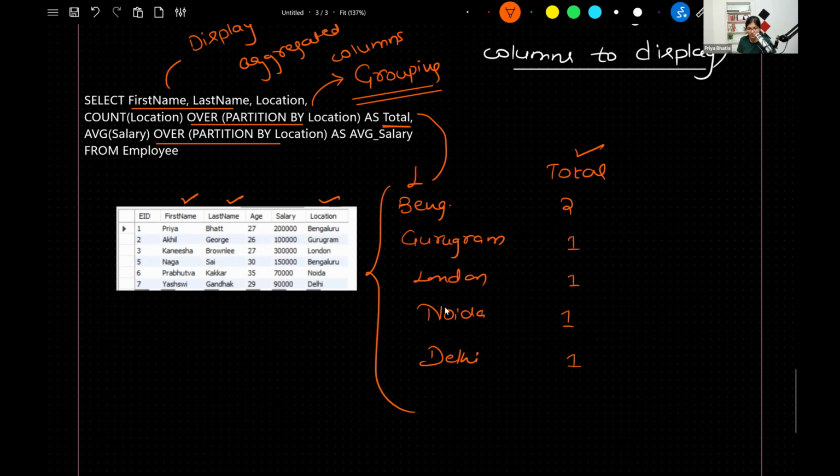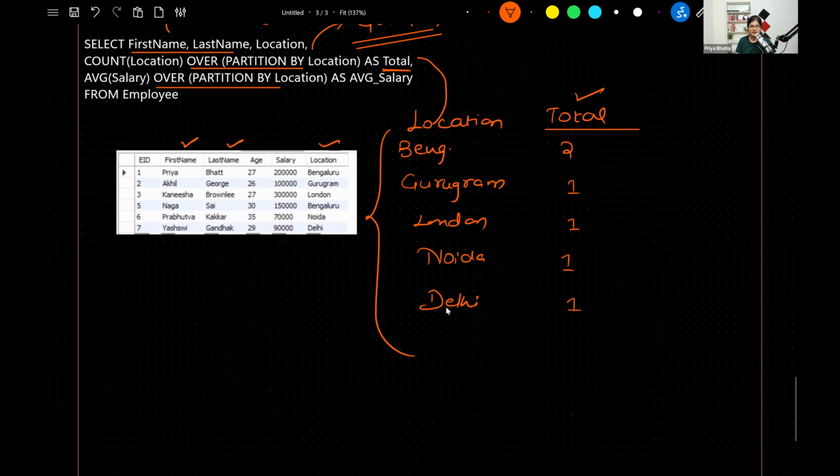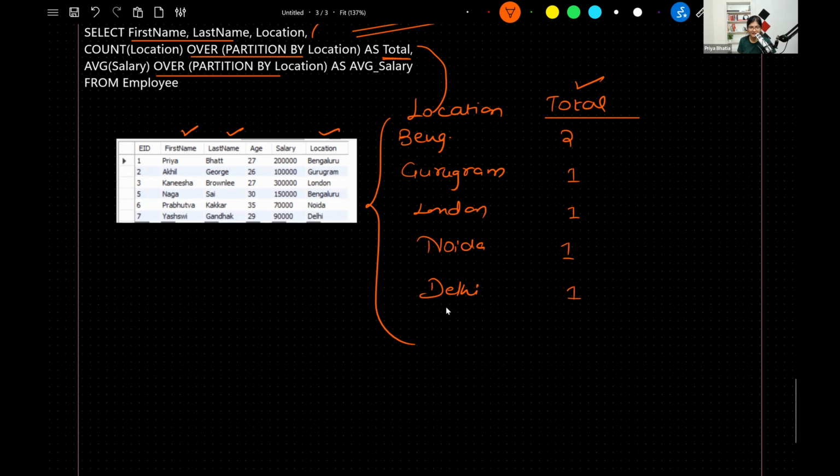It is partitioning on the basis of location. And the second value, it will generate as a total, but display will be giving it as a total value only. In the next command, you are saying average salary over again partition by location. So you are saying copy this location part itself, but instead of giving me the total value, now give me the average salary. So what will it do in the next command, the fourth line or the third line,